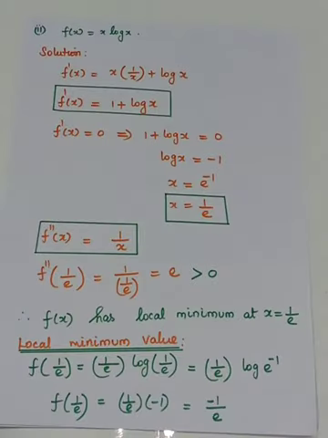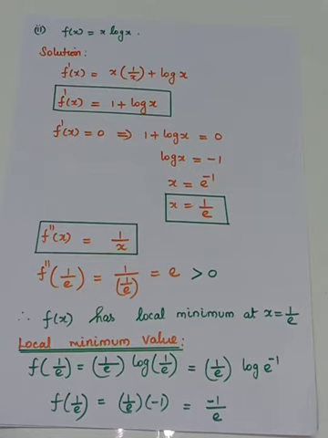You see the procedure, we'll recall it again. First you have to find the first derivative, and the first derivative should be equated to 0. You will get some points. Those points have to be substituted in the second derivative. If the second derivative is less than 0, the function has a maximum value at that point. If the second derivative is greater than 0, the function has a minimum value at that point. Next you have to find the maximum value and the minimum value.